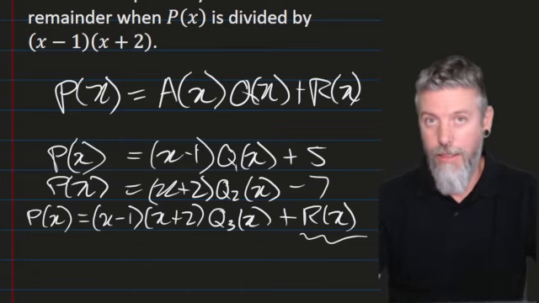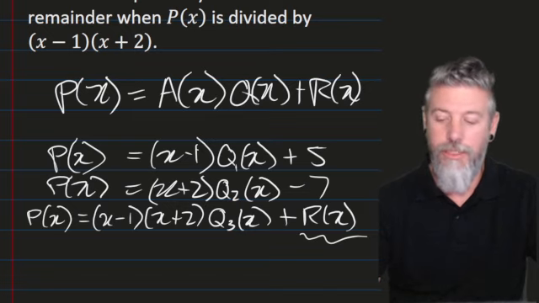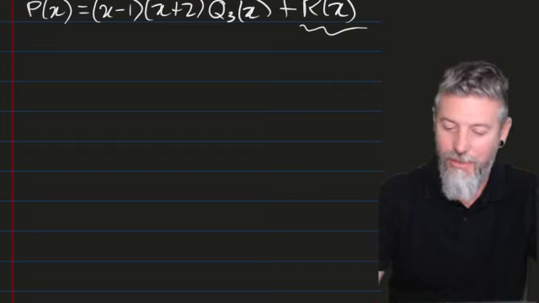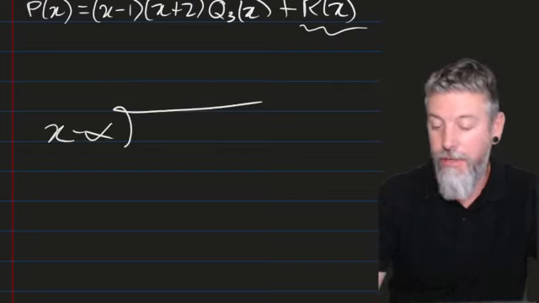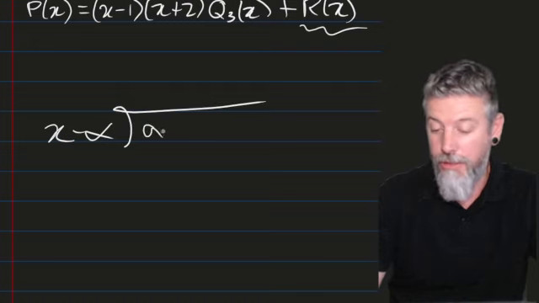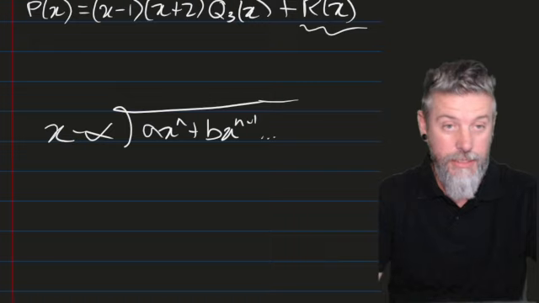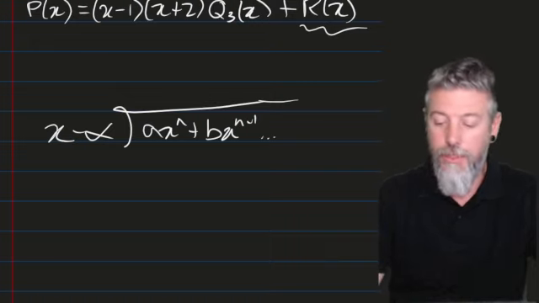then the remainder can be a polynomial of degree n minus 1. What does that mean? What are you talking about there, Mr. Hepworth? You just spoke about n's. What are you doing? I'm just saying that if we have some general polynomial and so on, and we divide this by, say, x minus alpha, what will happen is we'll either have the